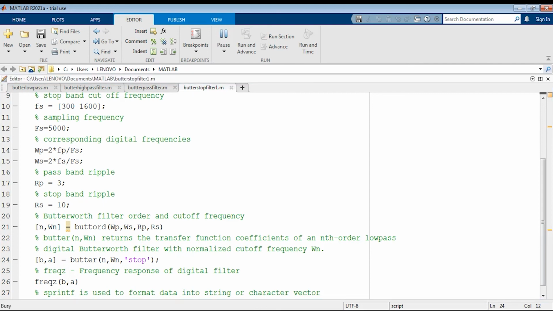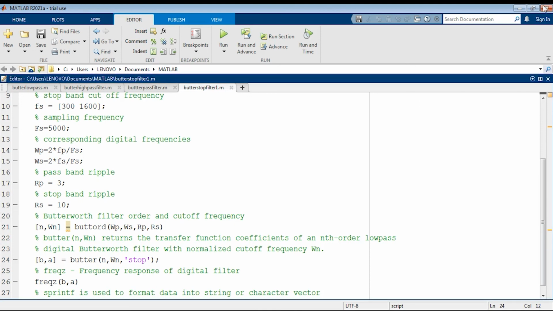Now, if I run the program, I'm going to get the magnitude response and phase response of the band stop filter. What is a band stop filter? Through a band of frequencies, the signal should be attenuated. Out of this band, the signal should be passed. So this is the magnitude response and this is the phase response of the band stop filter.